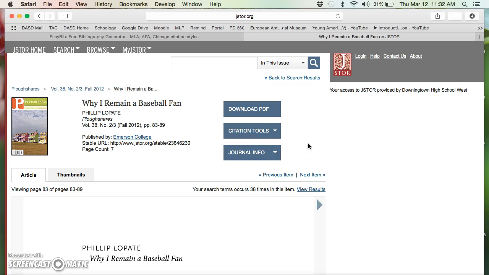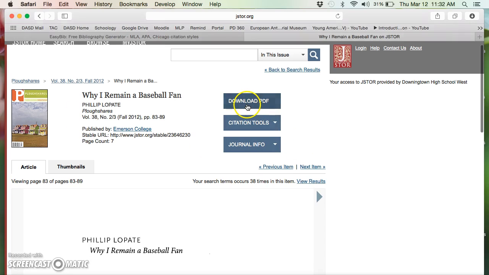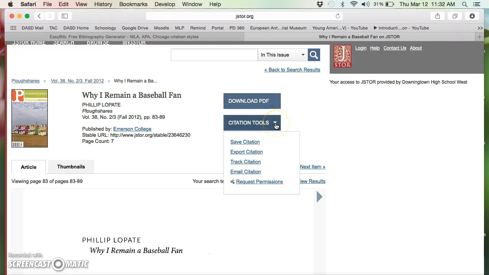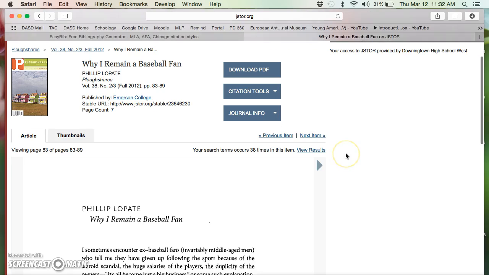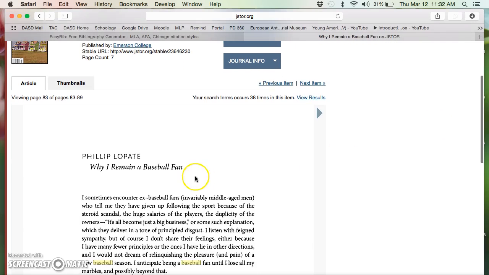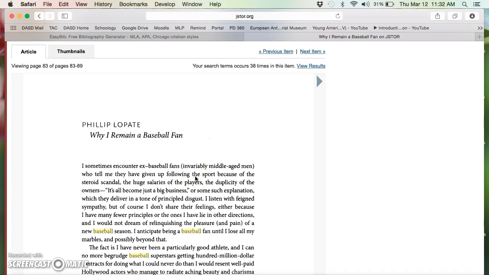Now, when you click on a result in JSTOR, it'll give you the option to download the PDF. It'll also give you citation tools, and this is where we've been running into some problems in the past. Sometimes when we've tried to save or export it, it's been asking you to log in again, and it's been giving you some problems. But I want to show you a feature that EasyBib has. If I've decided, for instance, that this article is going to be something really useful to me,